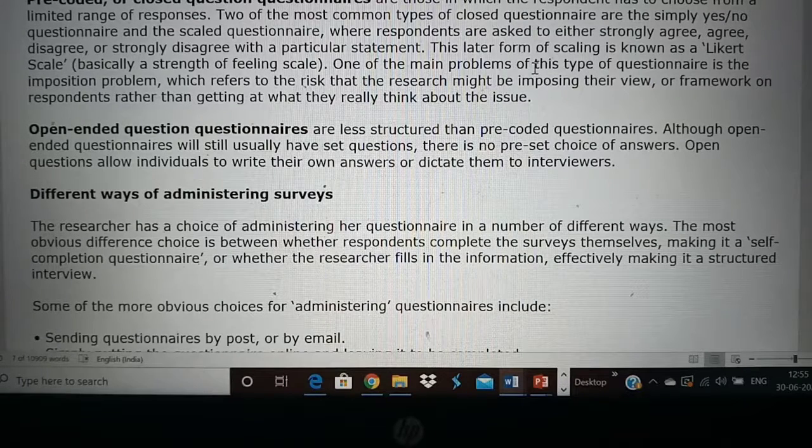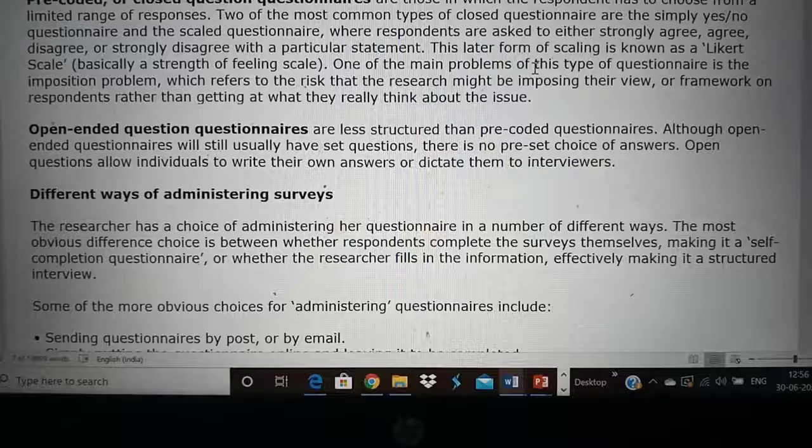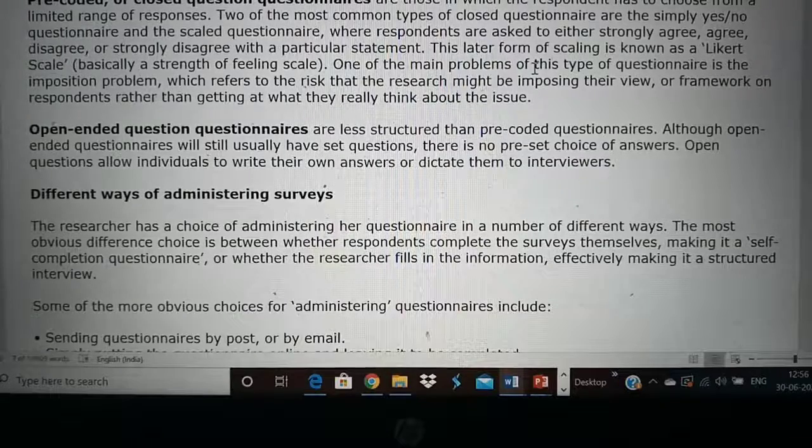Whereas open-ended questions will just have the questions. There are no preset choice of answers. Question can be, what do you think of leprosy? So the participant may give one big paragraph of information there, telling what all they think of leprosy. So the advantage of having an open-ended questionnaire is you may get answers which you never even thought of. Whereas a close-ended question will only give answers which were in your mind, and it limits the information that you get. So that is the difference between open-ended and closed-ended questionnaires.